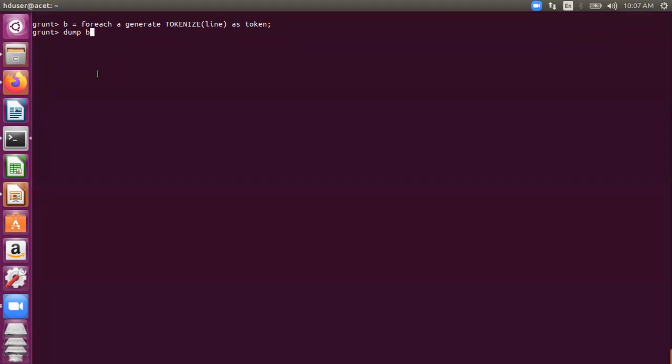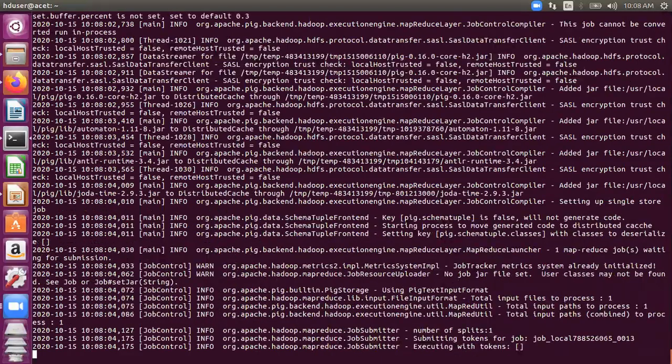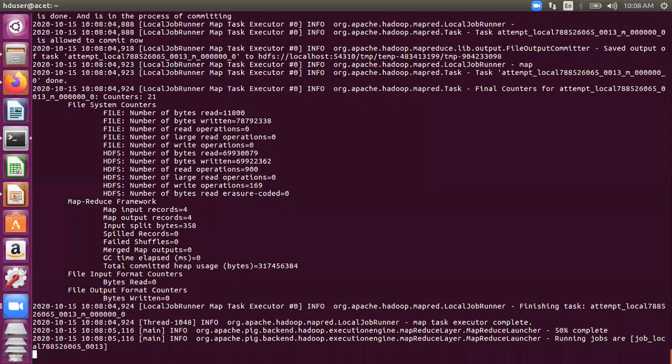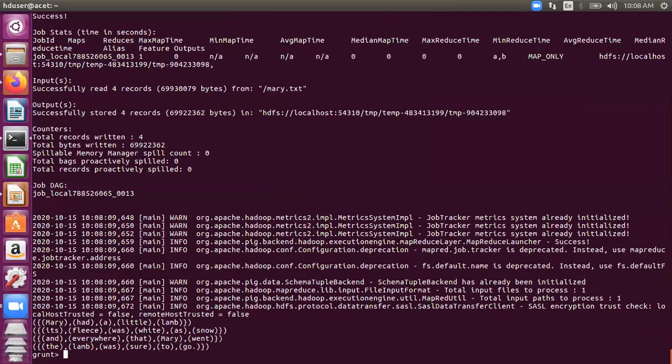So it will be separated word by word. Very good, Shaurya. Let's see the output. We'll see each line converted into a bag. Can you see? Mary separate, had separate, a little like this. Shaurya, if I just flatten it, what will happen now?